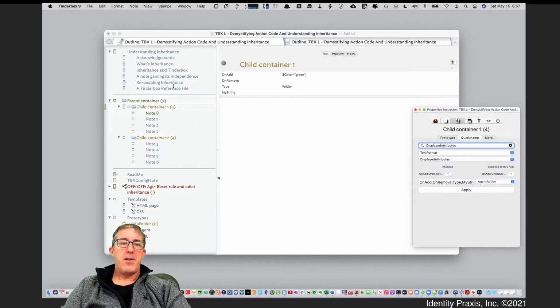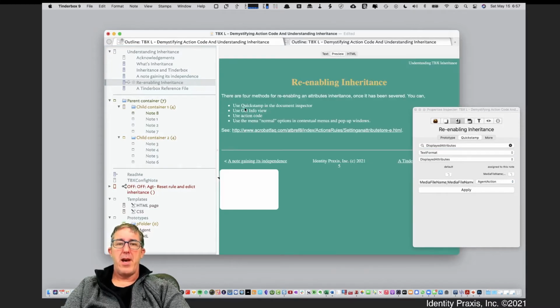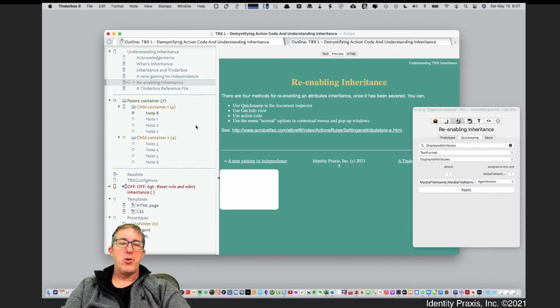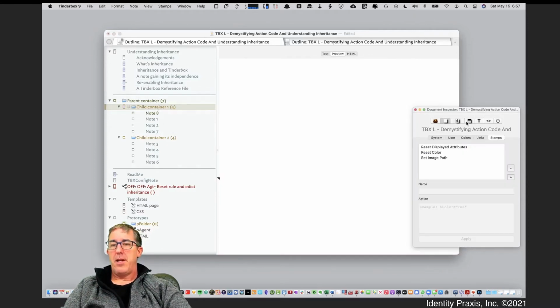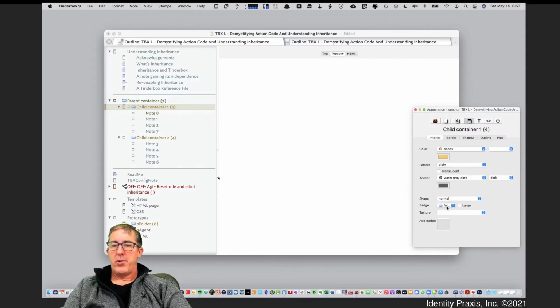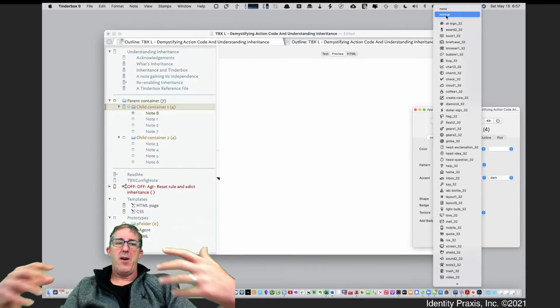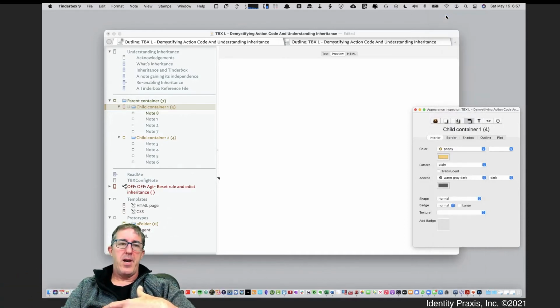And then if we go back to the ways of re-enabling inheritance, remember there are 4 ways to do that. You can use the quick stamp. That's what we were just showing you. You can then also use what we talked about, the contextual menus. And there's various examples of that. So for instance, a contextual menu would be if I go to the note here, and look at badge and scroll all the way up where it says normal, this is essentially the default of a Tinderbox note. So if I select normal, and I'll just go ahead and do that,